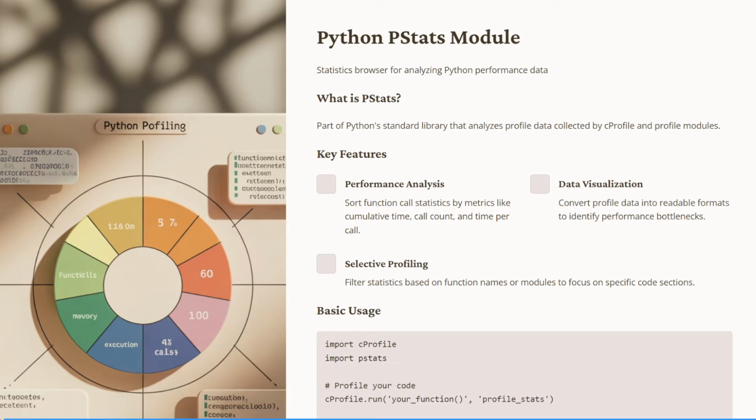The key features of the pstats module include performance analysis, selective profiling, and data visualization. It does this by sorting function call statistics by metrics like cumulative time, call count, and time per call. It also does data visualization by converting profile data into readable formats to identify performance bottlenecks. Another feature, selective profiling, lets you filter statistics based on function names or modules to focus on